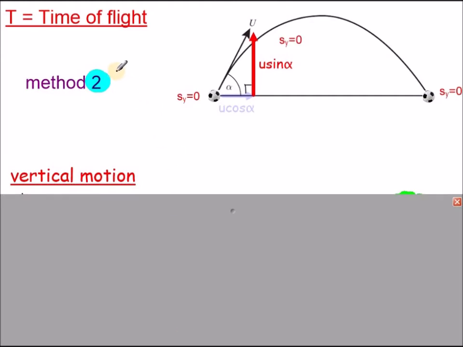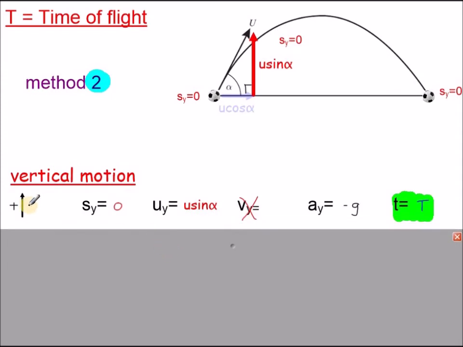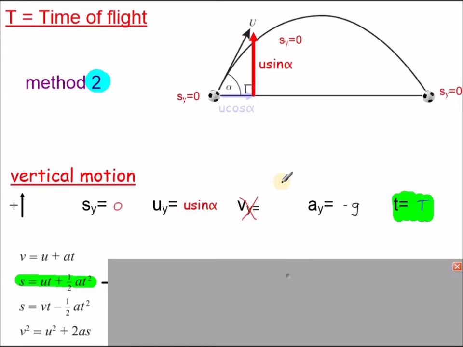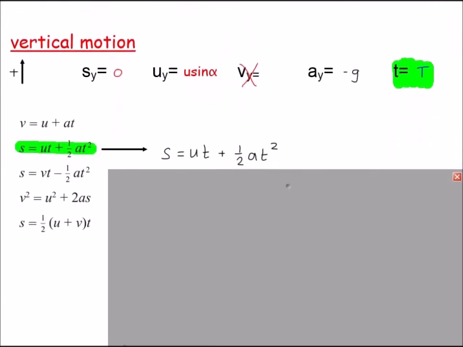Now here's the same attempt at working out the time of flight formula again, but this time we're going to look at the displacement in the y direction, the vertical displacement, here and here, and they are both equal to 0. So again, the upwards direction is positive, so s_y is 0. The initial vertical velocity, u sine alpha, and it's positive. We're not interested in the velocity here vertically, so I've crossed that one out, and then using an appropriate SUVAT formula, and we don't want v, so s equals ut plus half at squared. Substituting our values in,